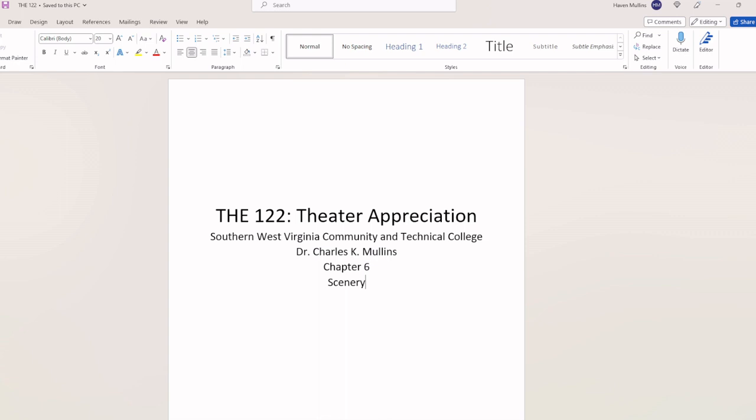A special kind of scene device is screen projection. This would fall under special effects. So an image can be projected on a screen either from in front, as in an ordinary movie theater, or from behind. Rear projection, we call it. The advantage of projection from behind is that the performers will not be in the beam of light, so therefore there's not going to be any shadows or silhouettes. So projections offer many advantages. Images can change with the